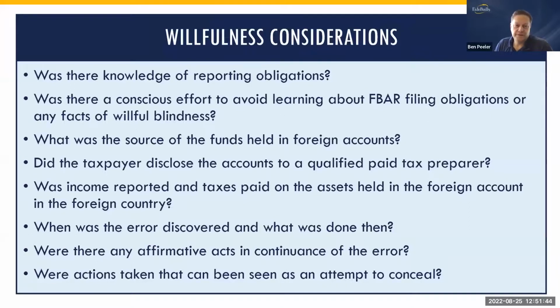So then these are the kind of things you want to consider. We're always having these arguments back and forth with the IRS. What was their actual knowledge? And we talked about that. What's very difficult is when you have conversations with even a financial planner or something that indicates you knew you had this, but you just didn't want to look into it. What did you do when you had an inclination, right? Why did you ignore it? What happened after you had that inclination? And what's the source of the funds? I mean, this is a big deal. Like if it was a non-taxable type of account, that can be helpful. But when we're trying to avoid the penalties,